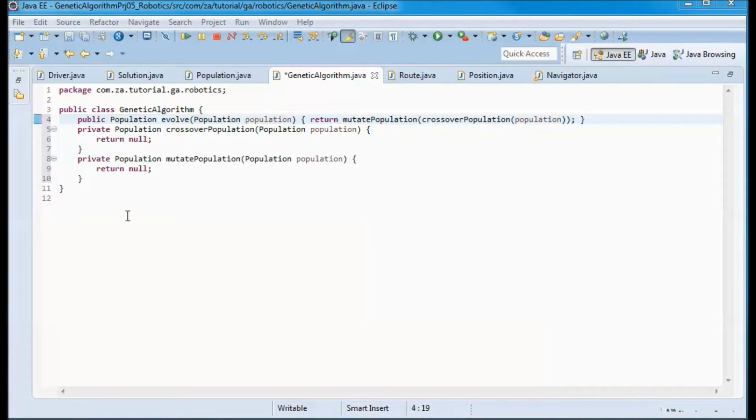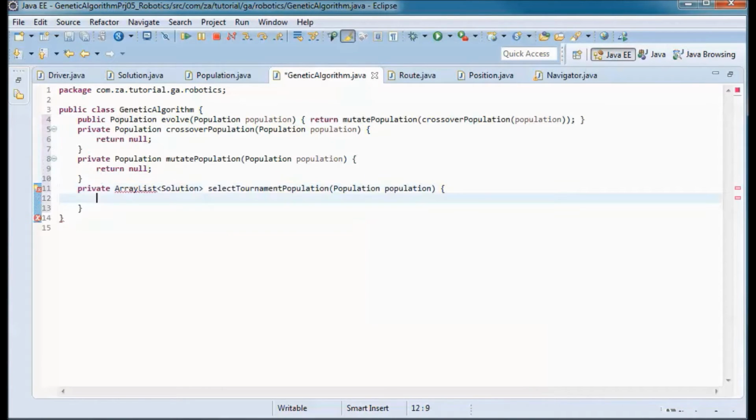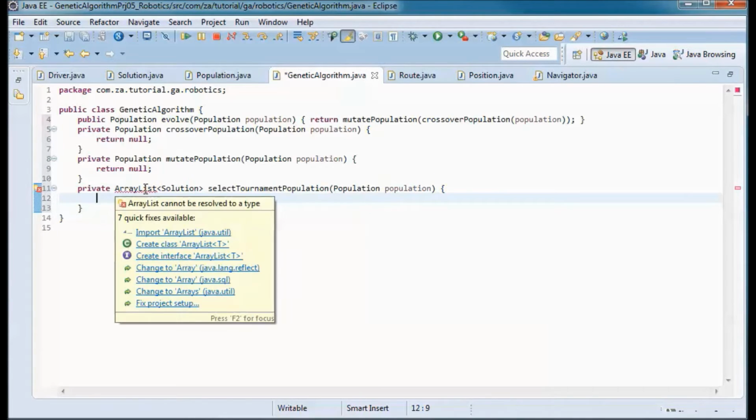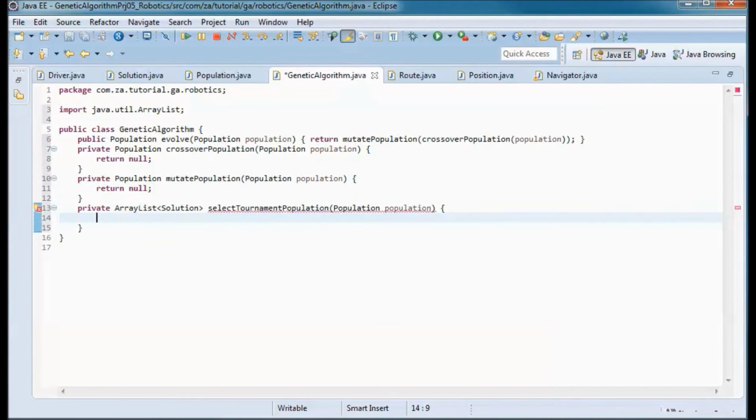And crossover here is using tournament selection. So we will end up using this method, and for now let's just return null.